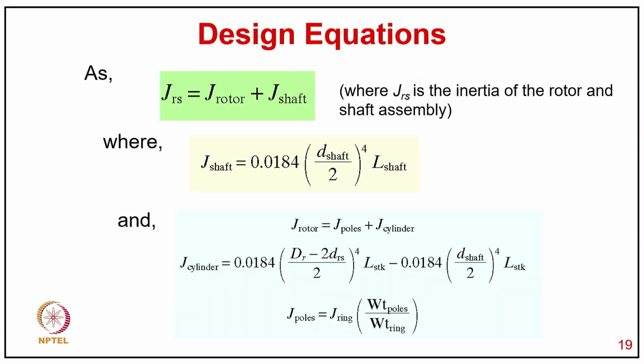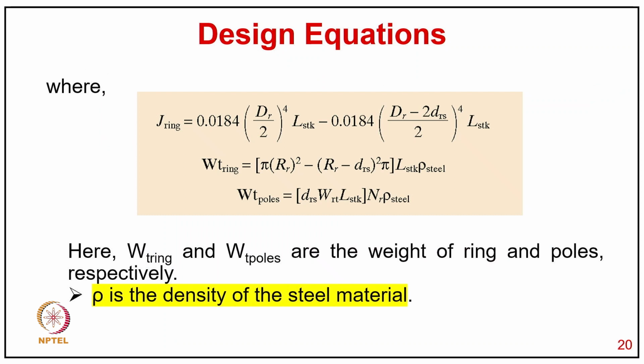Now again, JRS is equal to J rotor plus J shaft, where JRS is the inertia of the rotor and shaft assembly, where J shaft is equal to 0.0184 (D shaft by 2) to the power 4 into L shaft, and J rotor is J poles plus J cylinder, and that J cylinder is 0.0184 (DR minus 2 DRS by 2) to the power 4 into LSK minus 0.0184 (D shaft by 2) to the power 4 LSK, and the J pole equals J ring into WT poles divided by WT ring, and J ring